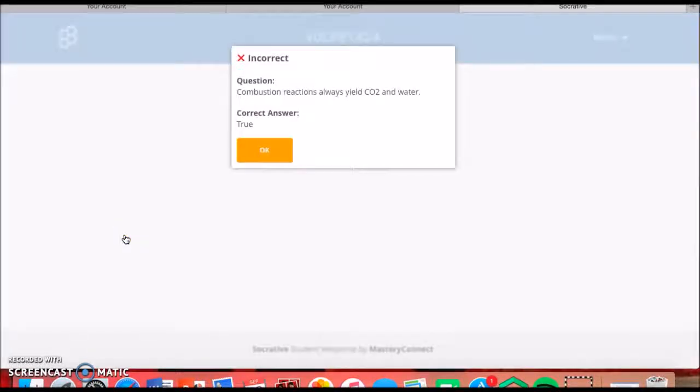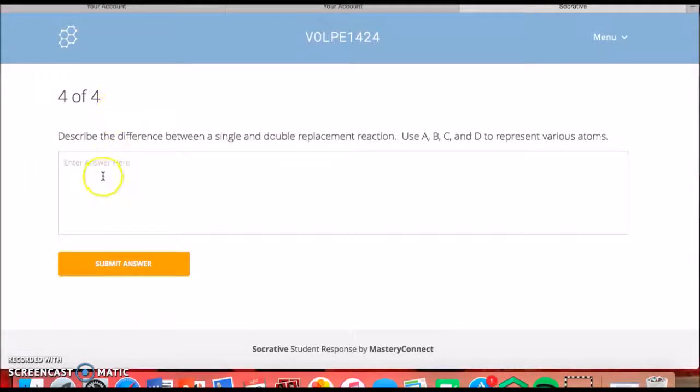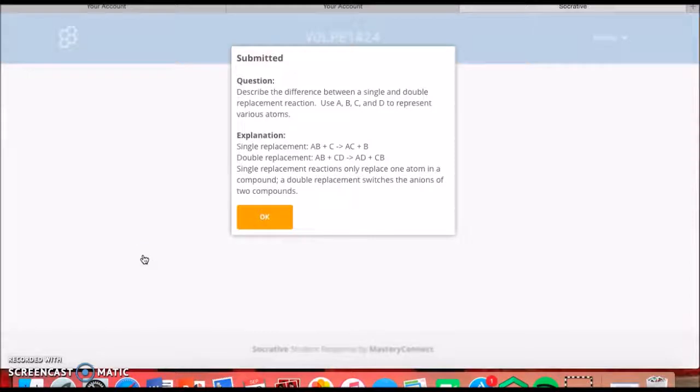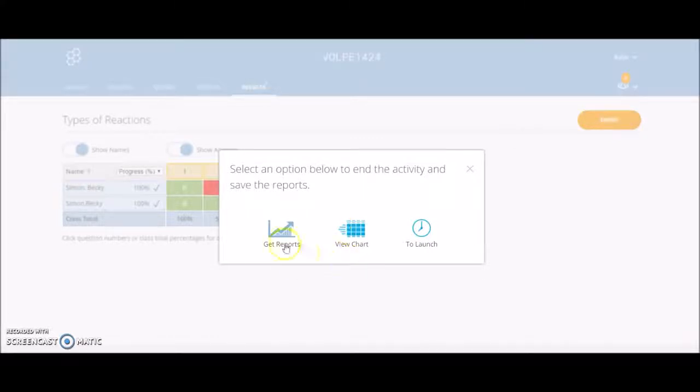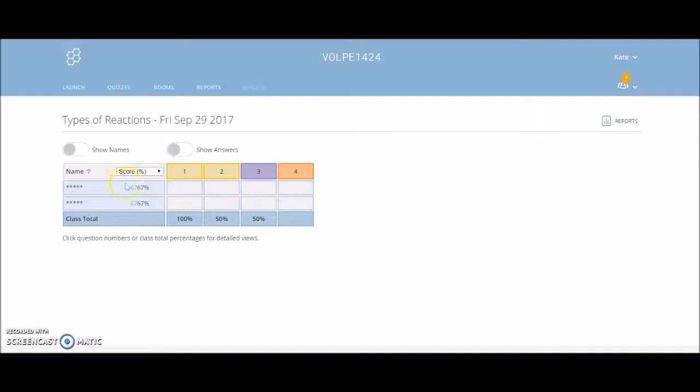So if you get the wrong answer, it'll pop up, it'll tell you that the answer is incorrect, it'll tell you what the correct answer is, and then for some of them, it'll give you a brief explanation as to why that is the right answer. Once the quiz is done, you click finish to finish the quiz. And there's a couple different ways you can look at your results. I like the view chart. And here it'll tell you,